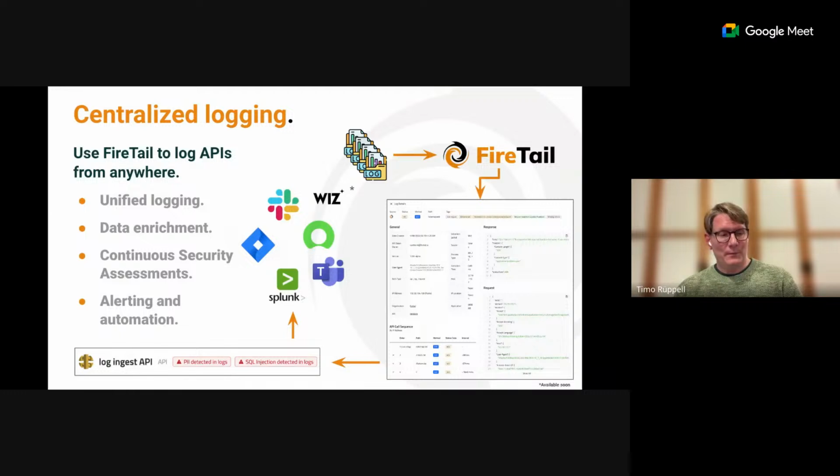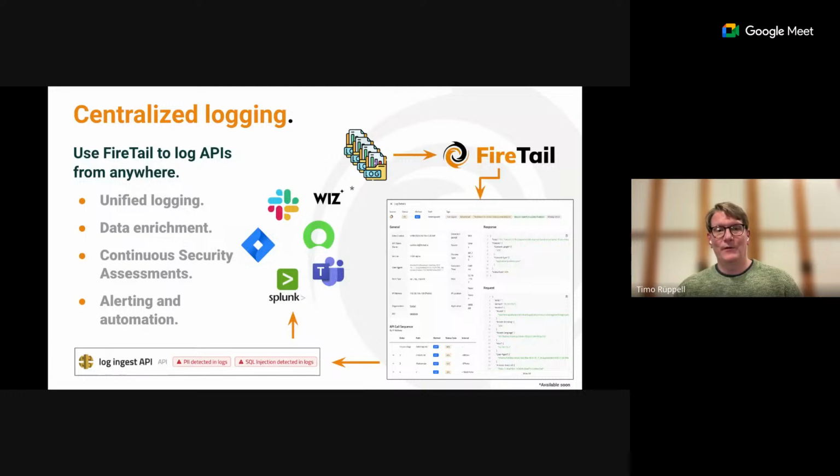And then the operational part, here FireTail can definitely focus and help you with the logging and metrics around your API. So first of all, FireTail gives you unified logging, meaning if you have got different kinds of APIs, different kinds of applications running in different cloud providers, running on different hardware, running on-prem, some of them, FireTail tries to provide a solution that lets you basically log all of them into a central place,